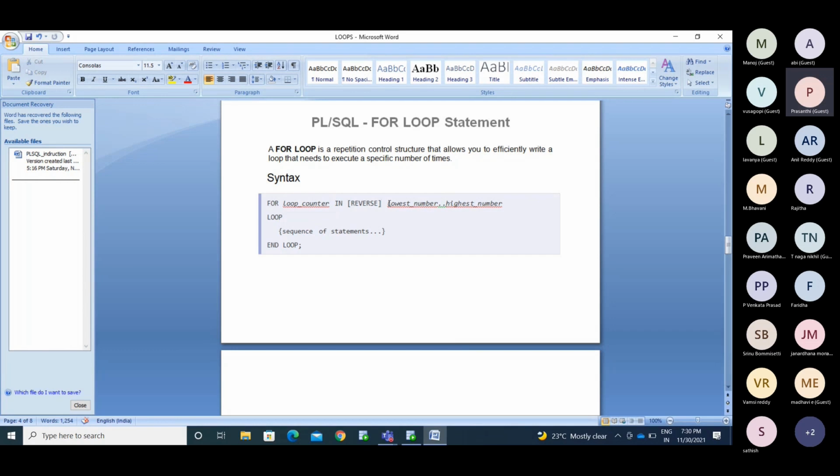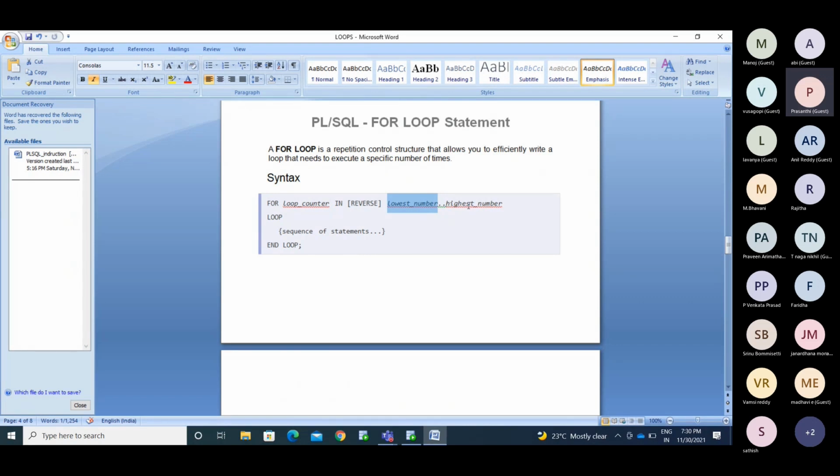From which iteration do I need to start the trips, from 0 to 100 or 10 to 100? That is what I mention as the lower bound. And this is the upper bound.